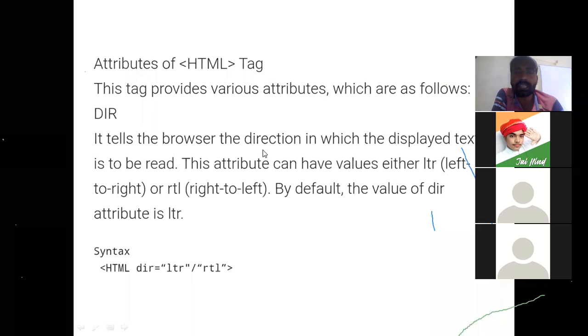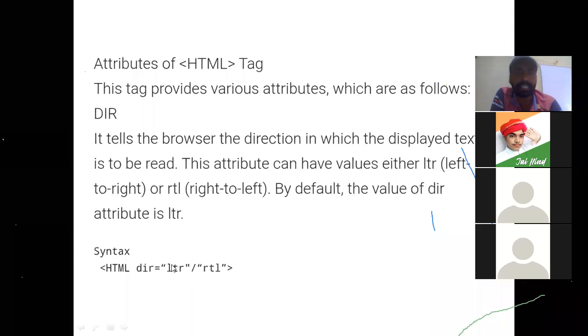It tells the browser the direction in which the displayed text is to be read, meaning left to right or right to left. By default, the value of dir is LTR. LTR stands for left to right, and RTL stands for right to left.